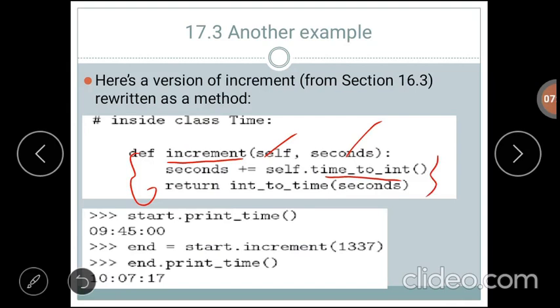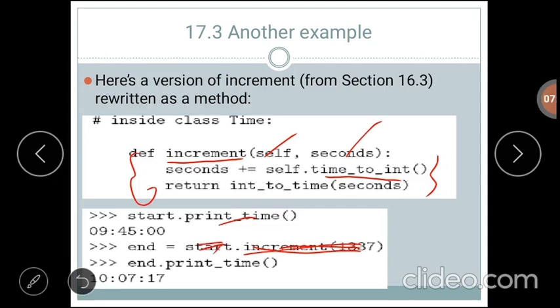In the function call we give statements like start.print_time, which will print the current time, or another call: end = start.increment(1337). Here in this call the subject start gets assigned to the first parameter, that is self, the reference to the current object.